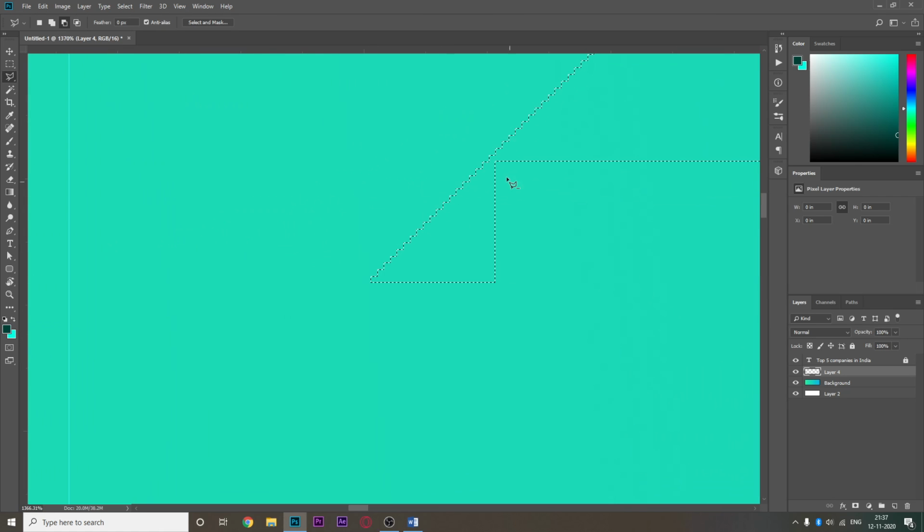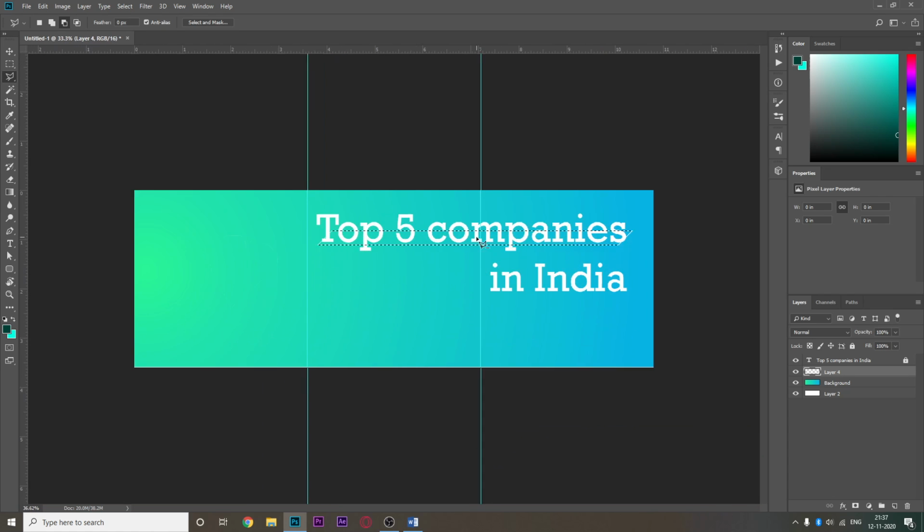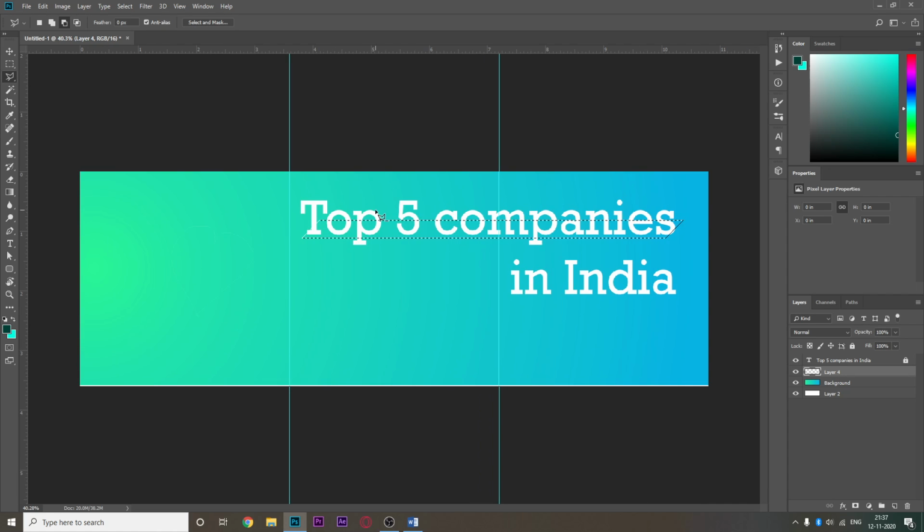Now if you'll see, I have selected this extra part by mistake, which I don't want, right? So I go here. This is called subtract from selection. I want to subtract this part from my selection. So I subtracted. Now I selected a parallelogram of sorts, and I'm on a new layer. I just press Control D, and it creates this stage for my text to sit upon, and I personally like this a lot.